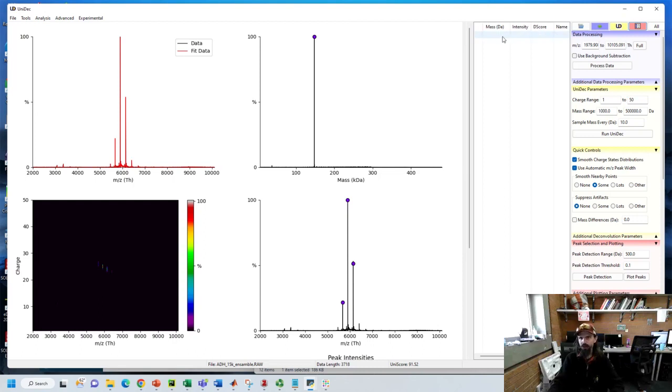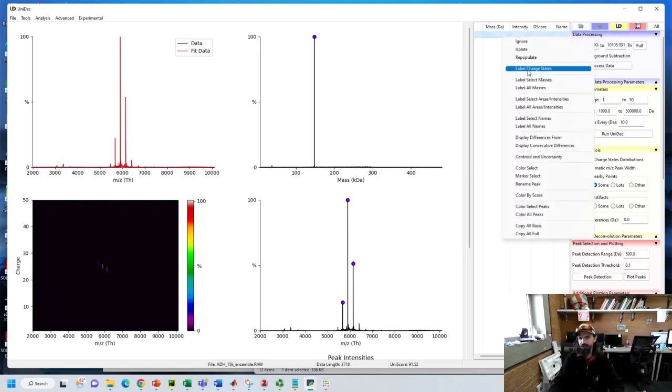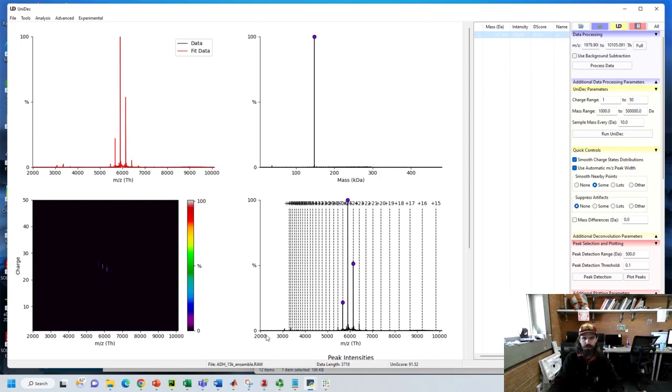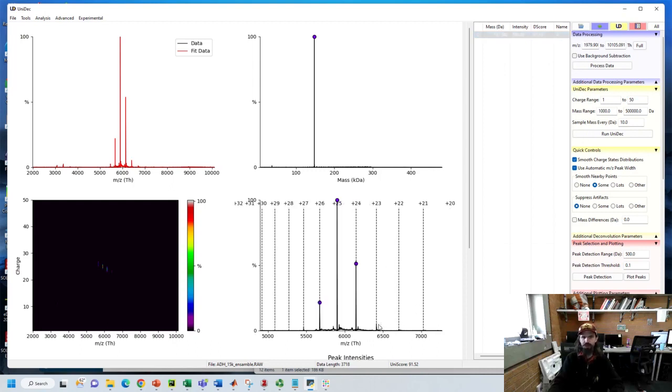And then the last thing I'm going to do is right-click on this and tell it to label charge states, which it'll do down here in this bottom right pane. I can zoom in here by just horizontally dragging through so that I can actually see the charge states around my actual peaks. I can see that my three main peaks here are 24, 25, and 26. I have a few others out here, but for our purposes, we're just going to focus on these three